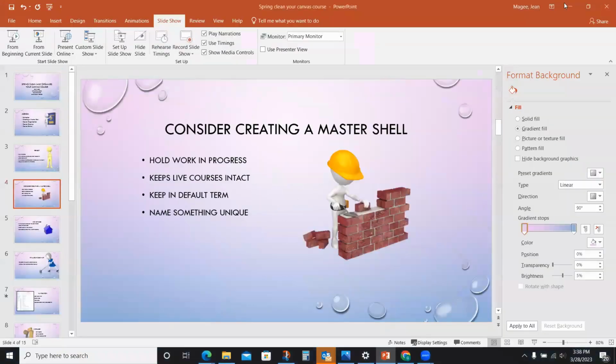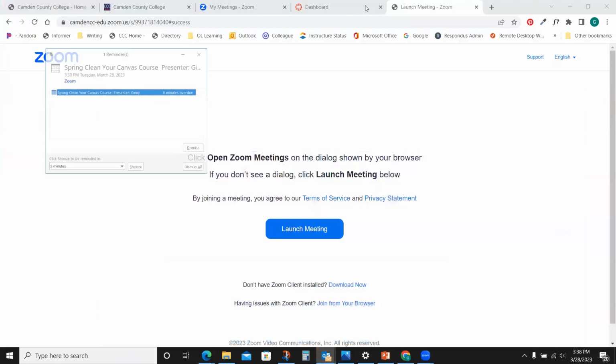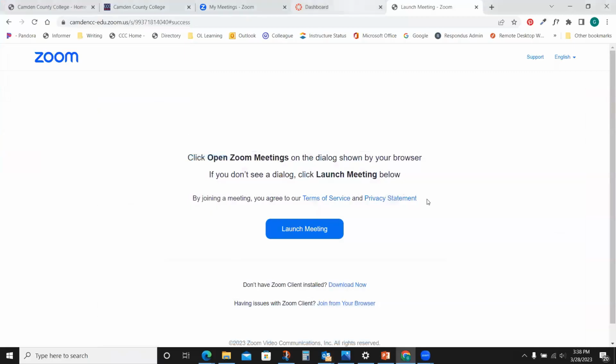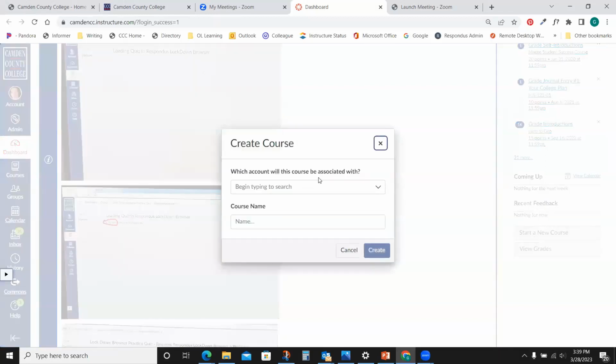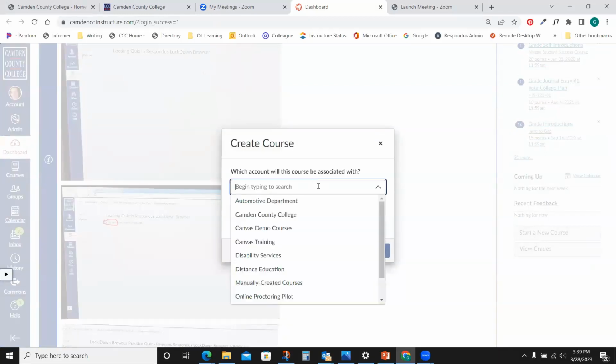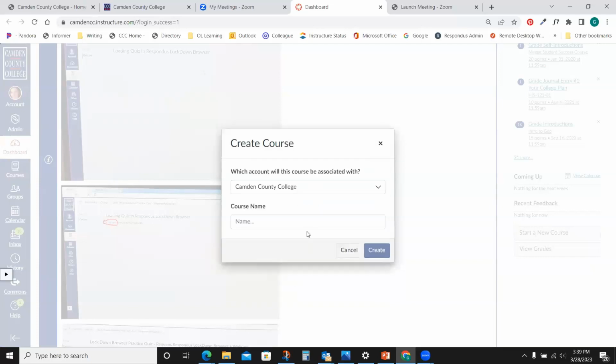So just quickly, I want to show you, and I don't want to spend a lot of time on things that people already know, but I do get asked fairly frequently by instructors how to create a course shell. So if you're not sure, at any time you can go to your dashboard, and then over on the right-hand side, just click Start a New Course. And you're going to probably only see the Camden County College option for which account the course will be associated with.